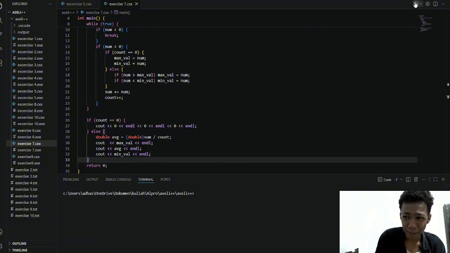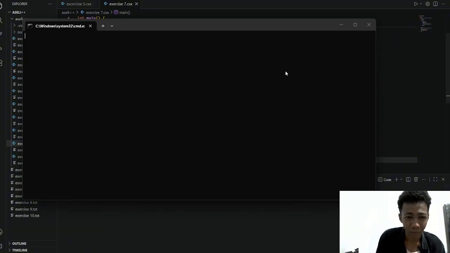Here I will show you how the program looks in the real case. I will input the 5 and 2 like we used in the previous example. So 5, 2. The program will just run continuously unless we input a negative value.